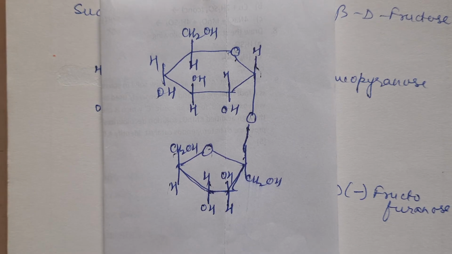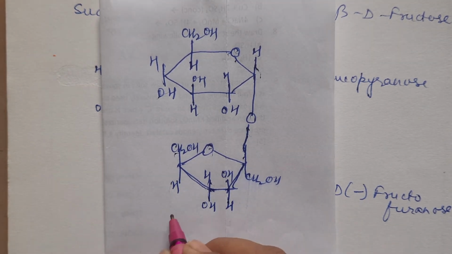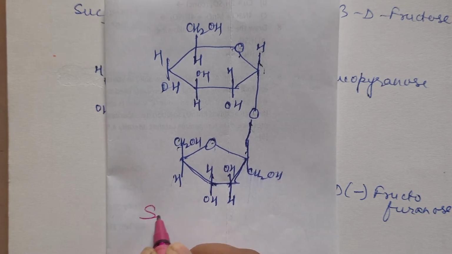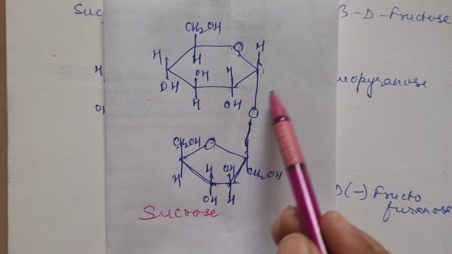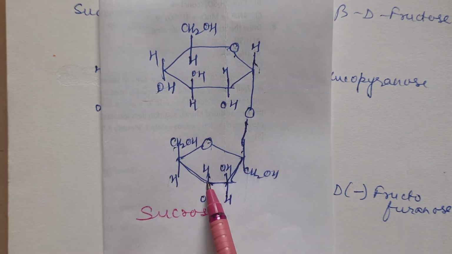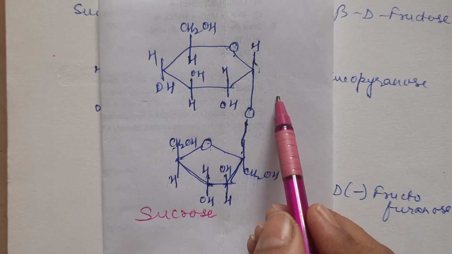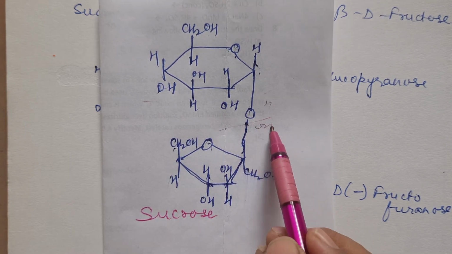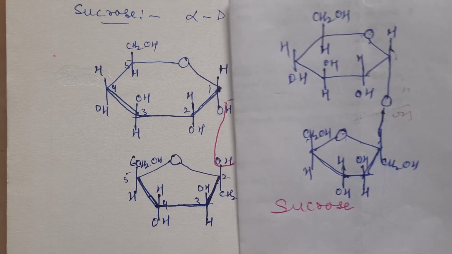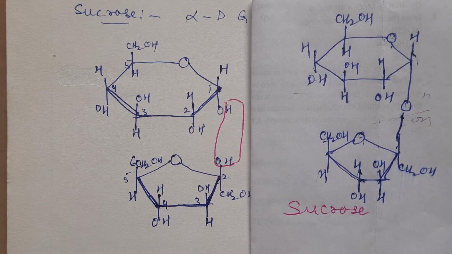This is the sucrose structure. Right? This is the structure for sucrose now. What are the two monomers in it? This is glucose, alpha D glucose. This one is fructose. If I hydrolyze it, if I break this from here, H and OH will be there. That means you are getting these two monomers, right?